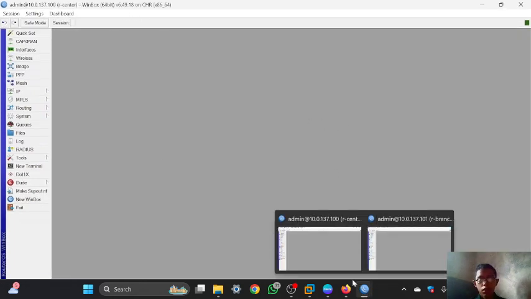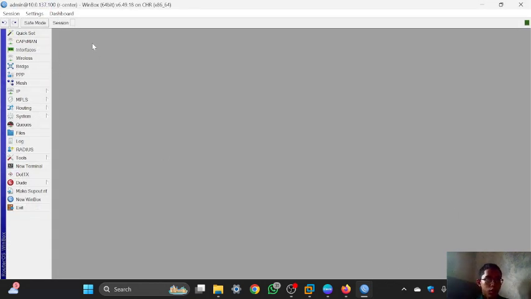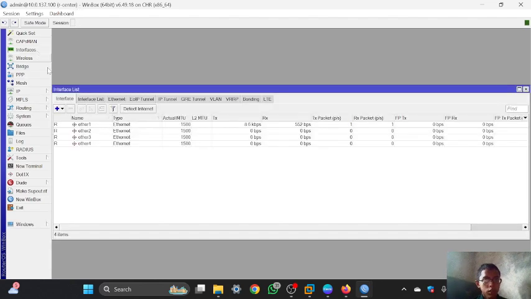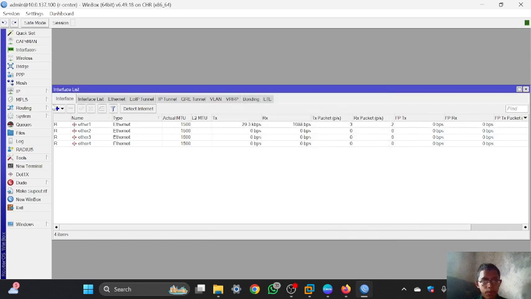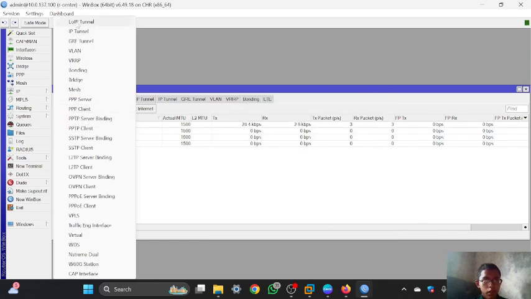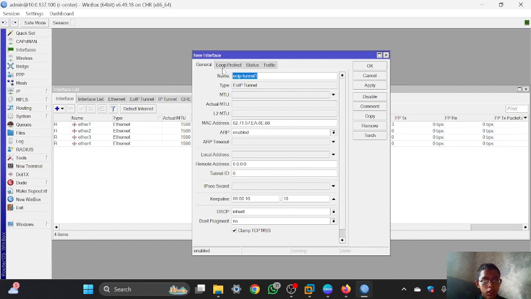And I will configure the LIP tunnel in the router center and the router branch. You can go to the Winbox of router center, and then you can go to interface, then you can click add. Click add, and then there is LIP tunnel, then click it. And for the name you can set anything you want.